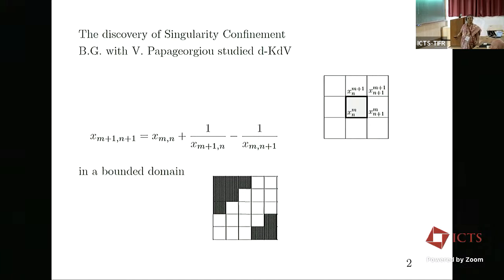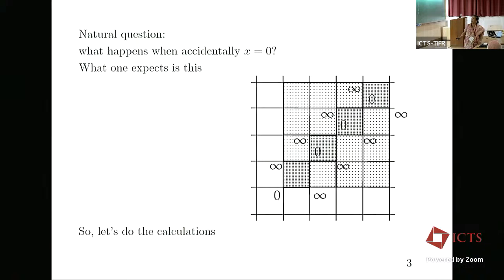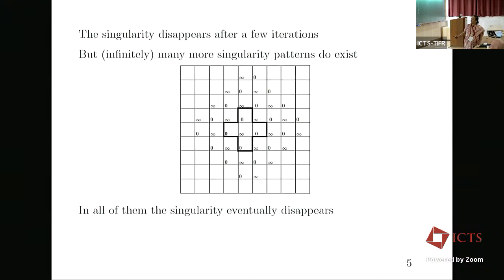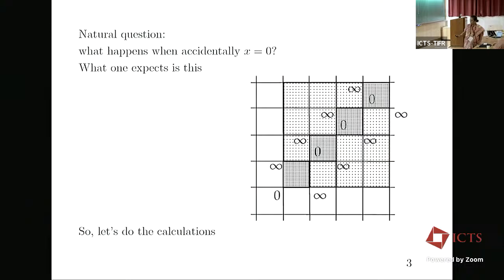You know that from the continuous equations, you will get many discrete forms. That is why we say that discrete systems are more fundamental than continuous systems. In a way, you can get micro level information from the discrete setup. So when we consider this equation in a bounded domain, we found what happens when you take x equal to 0. So look at this. When you substitute this 0 in the previous equation, you will get infinity here,